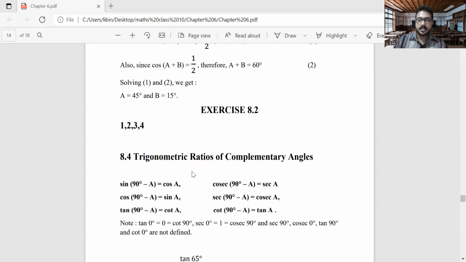Good morning, students. We were discussing various trigonometric ratios and various properties of those trigonometric ratios. In the last class, we were dealing with section 8.4, trigonometric ratios of complementary angles. And there we have seen some properties: sin(90 minus A)